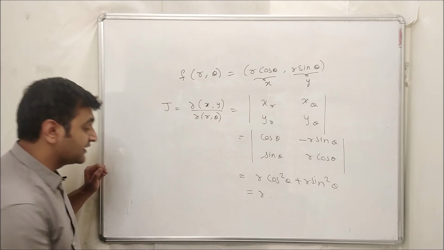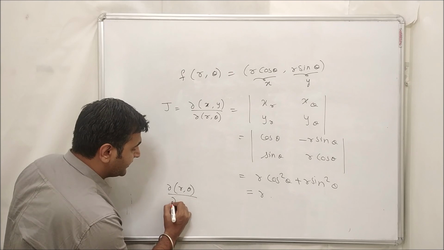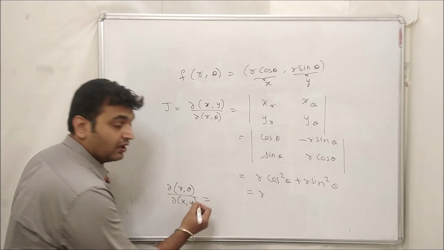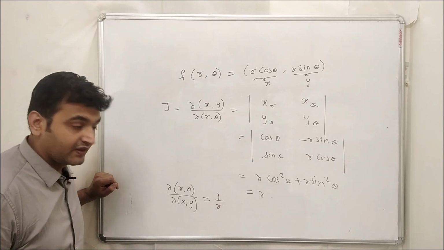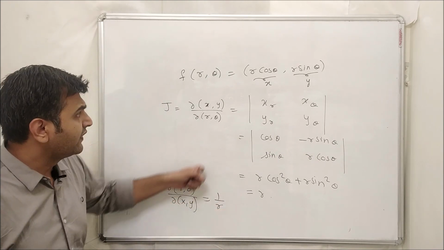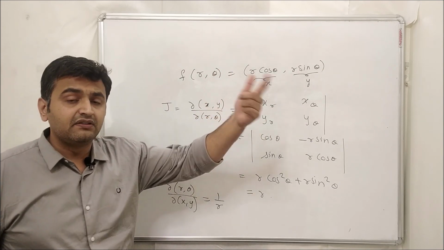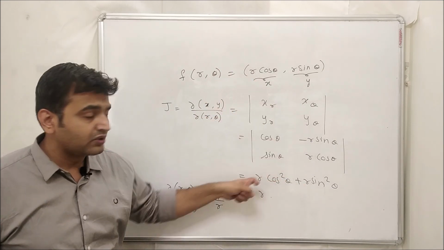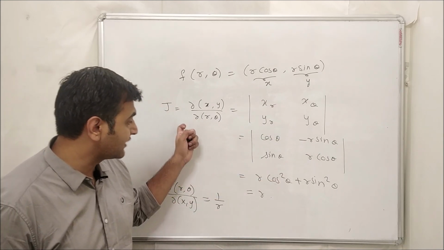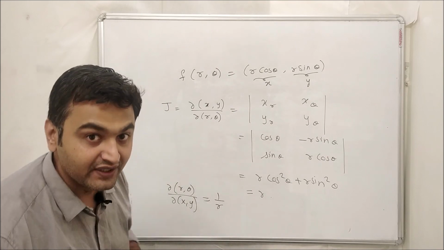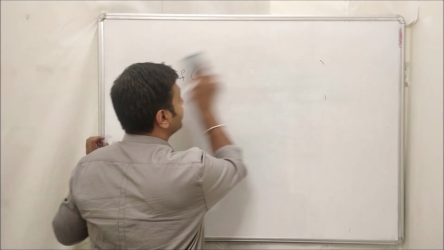Okay, and if someone asks you what is the Jacobian of ∂(r, theta) upon ∂(x, y), whenever your r is non-zero, this is nothing but 1 upon r. This is one way directly, or you have to find what is your r. It is the square root of x square plus y square. What is theta? Tan inverse of y by x, and then you again do the calculation. You should get the same answer. Okay, so this is the Jacobian for polar coordinates. If you recall, these are nothing but the polar coordinates.